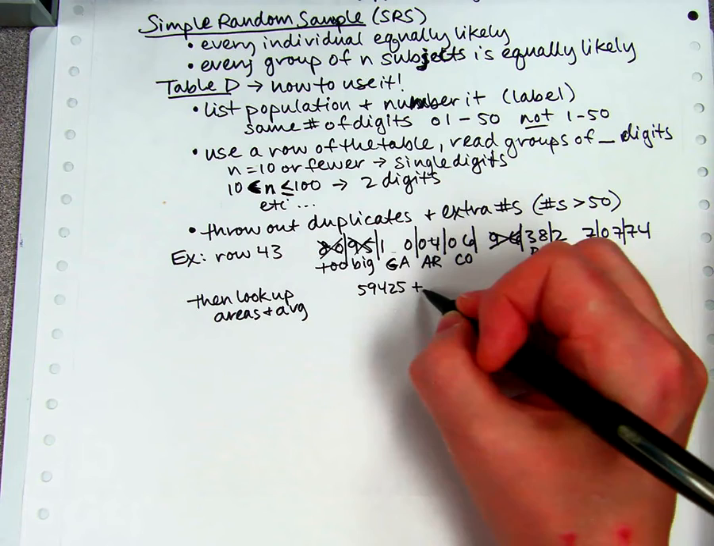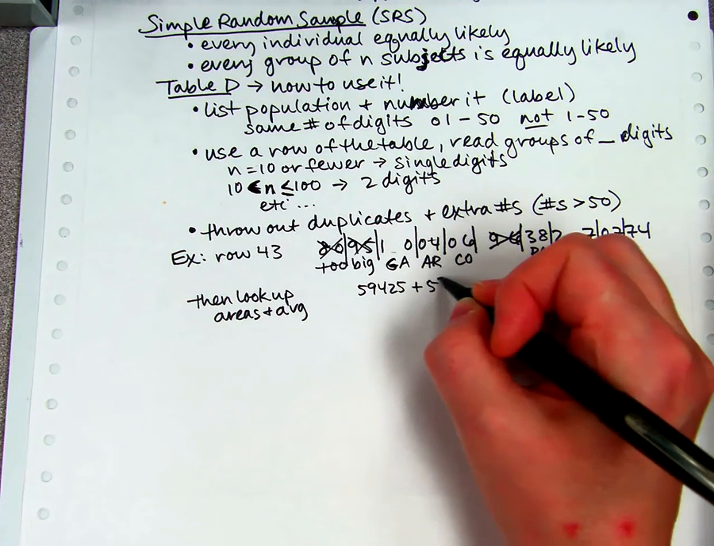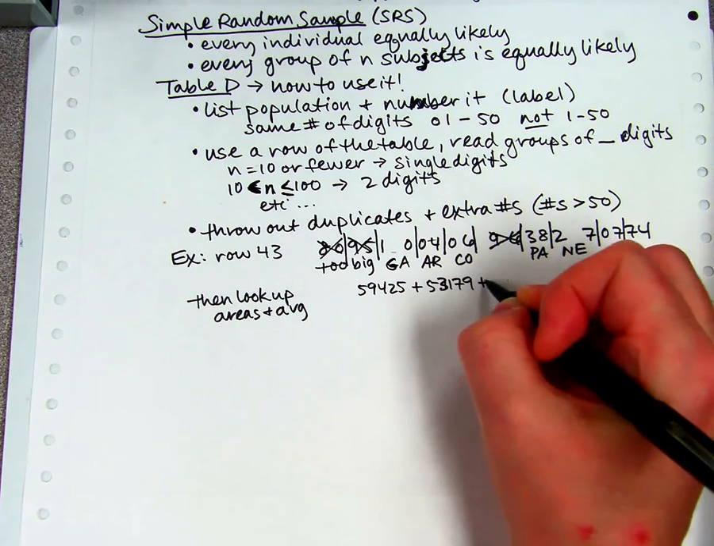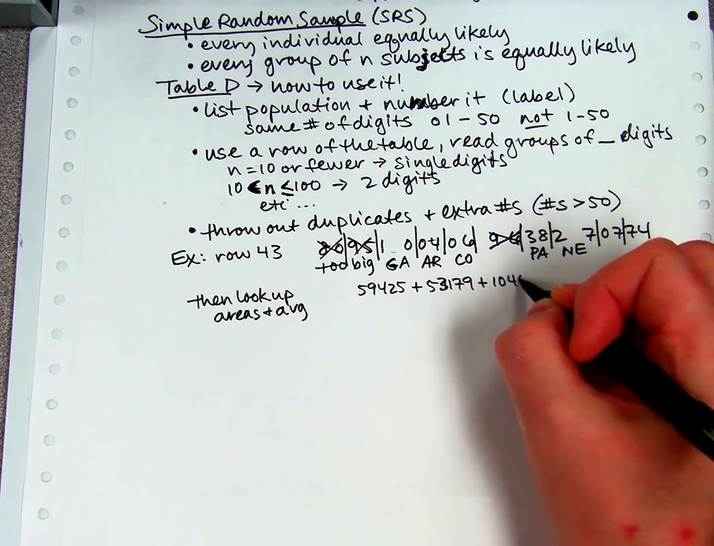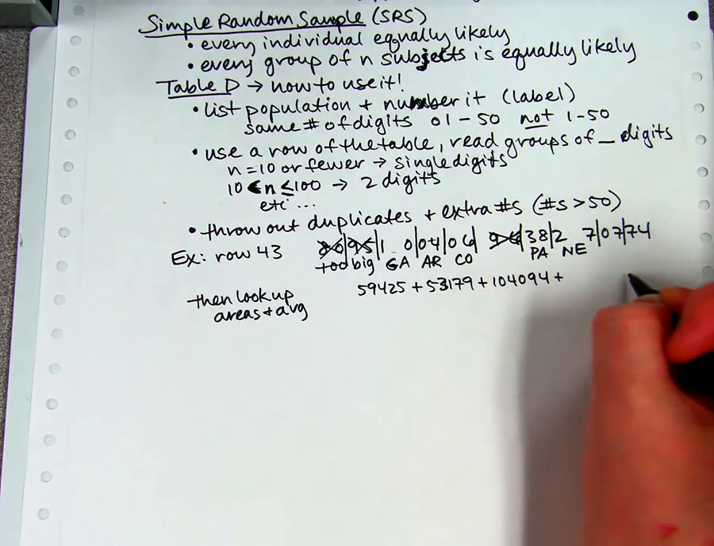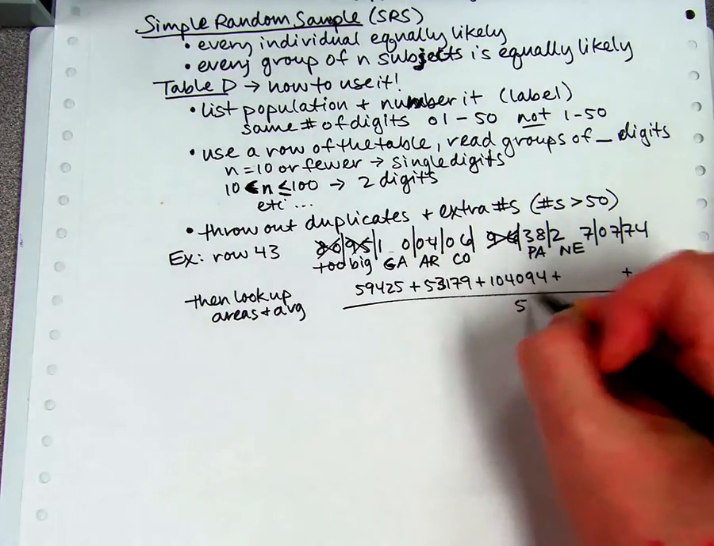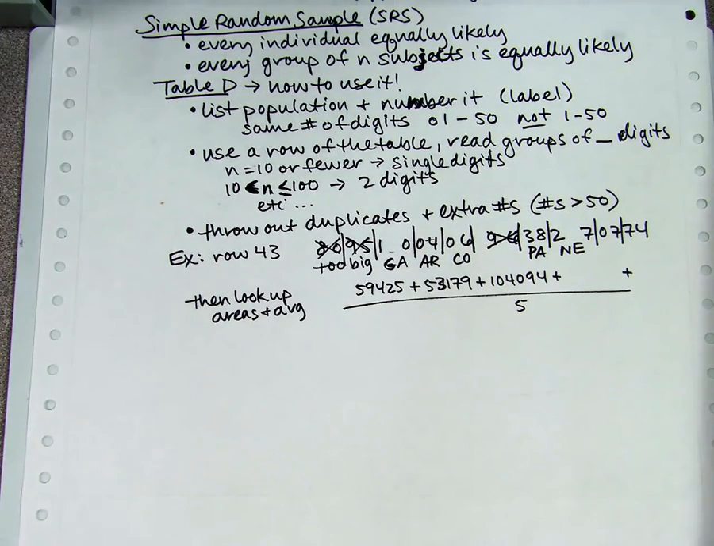Arkansas is 53179 and Colorado. So basically I'm just looking them all up. Maybe I won't do all of them because you probably get the point already. And divide by 5 and get my average. Okay? You're going to do that when you go back to the Desmos,